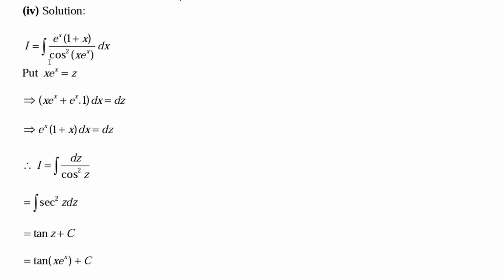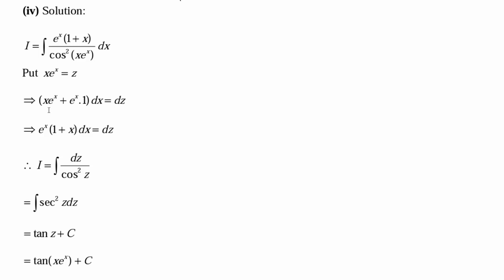Now let's have a look at our last example of type 3, which is integration of e to the power x times 1 plus x divided by cos square of x e to the power x. Here in this case we will consider x e to the power x as our z. Why? Because differentiation of this part gives us the above part. How? Because we can apply the uv formula here. If we consider our x as our u and e to the power x as our v, we will get this,